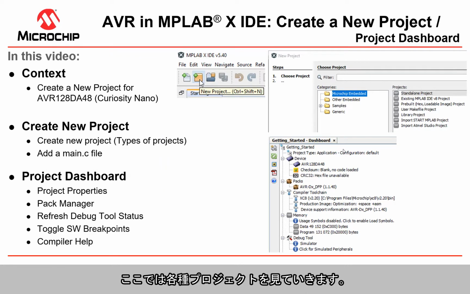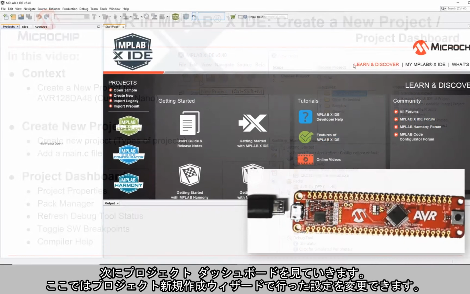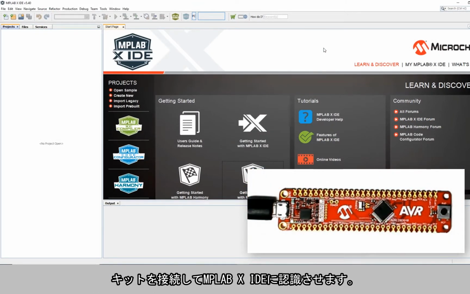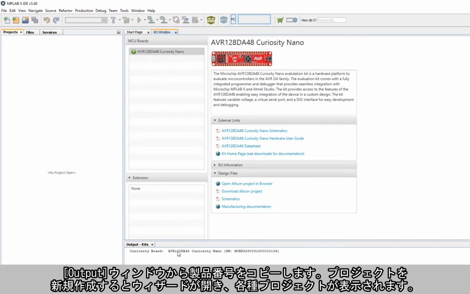So here we're going to cover some of the different types of projects. Then we're going to look at the project dashboard, because this is where you will remake or change some of the decisions that you make in the new project wizard. So in MPLAB X IDE, I plug in my kit. What I'm going to take from the output window here is just copy the part number,